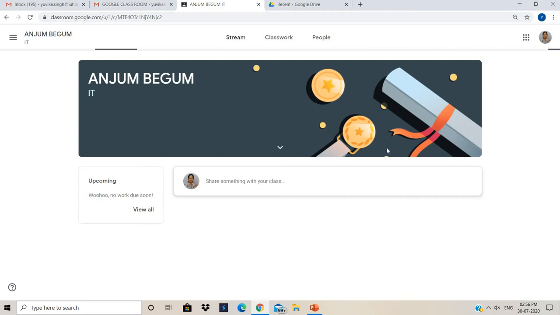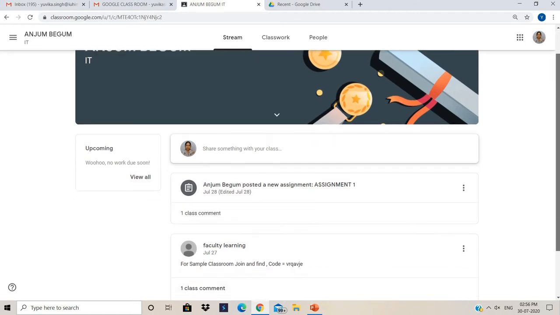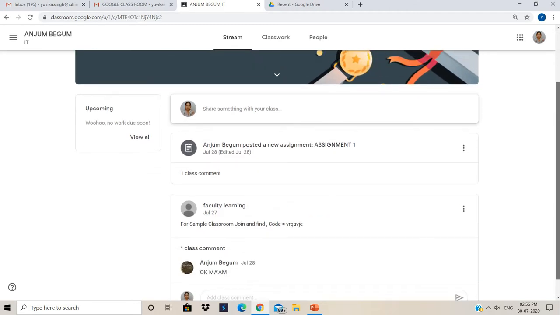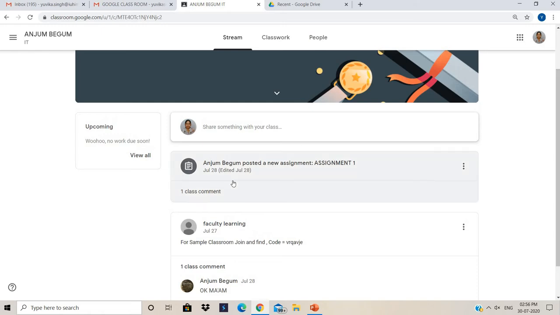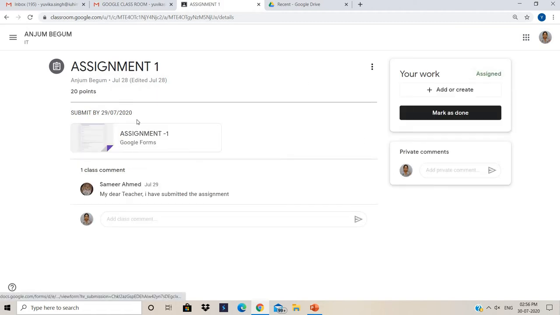As you can see, I have just entered into the class of Miss Anjum Begum, right? It is an IT class which is being explained by her. We can see the dashboard here, right? Ma'am has posted different assignments. We will click on it. We can see that one of the assignments is given by her and it is of 20 points.